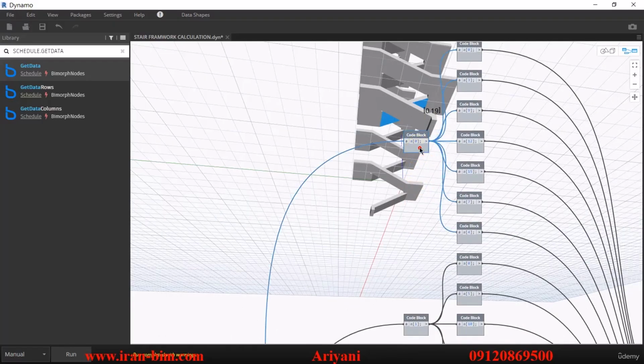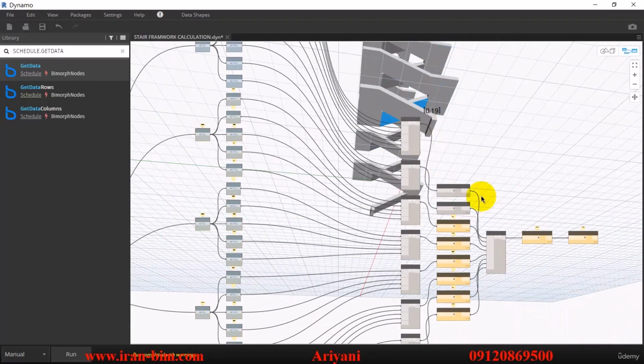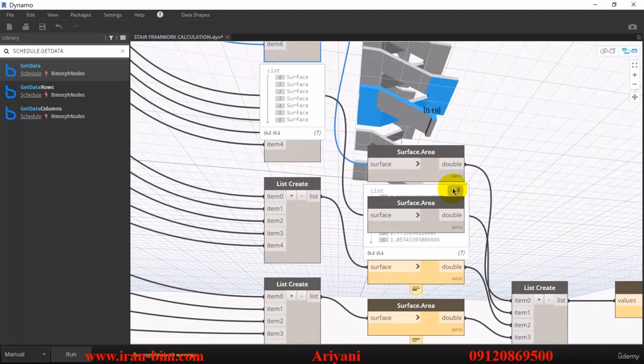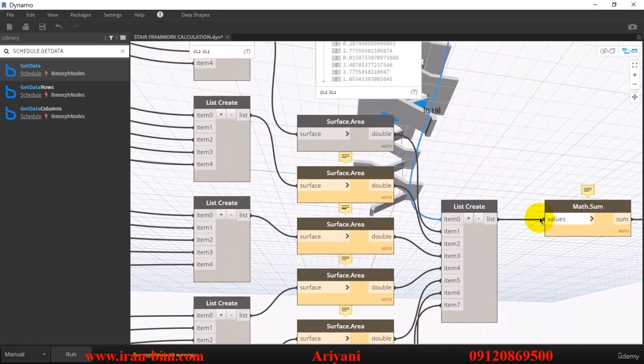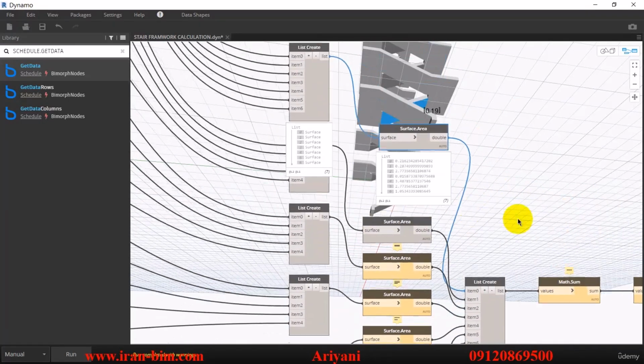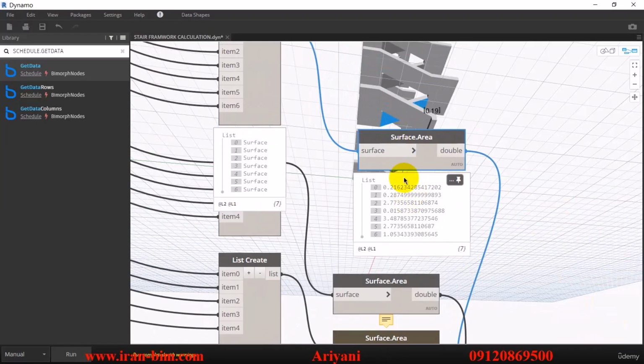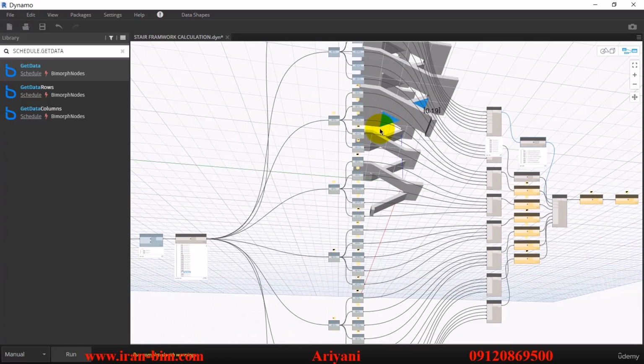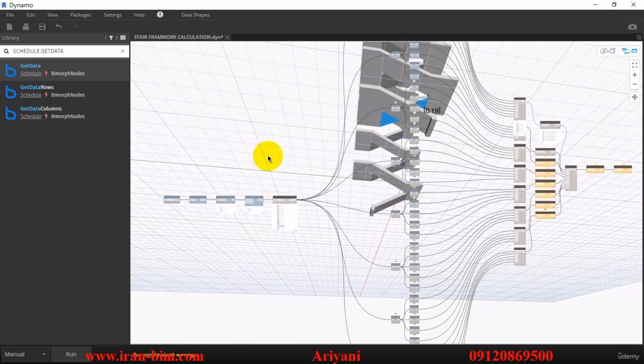There we go. And so what is the purpose of this? It calculates the surface area. Then you can add up the surfaces and then put them in here. As you can see, it works like this. Now this can also be an extremely useful tool for you